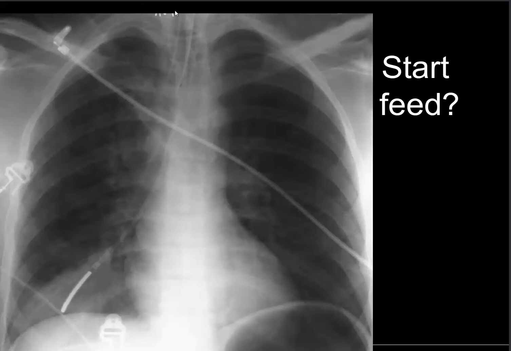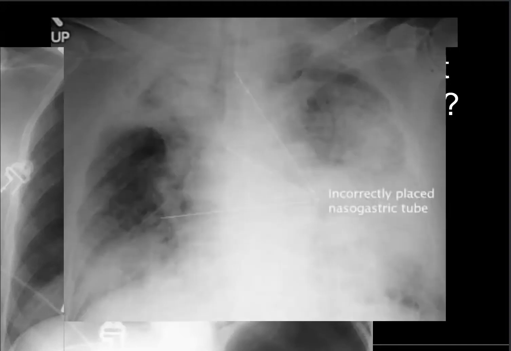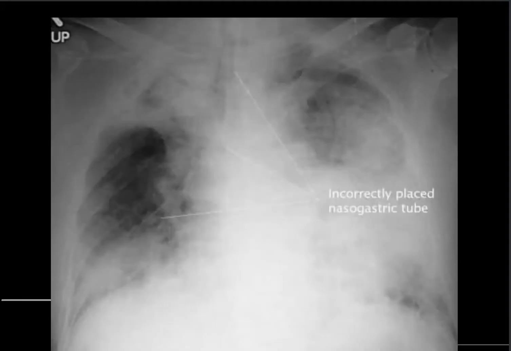It should go into the oropharynx, down the esophagus, and the tip of it should be in this gas-filled viscus under the left hemidiaphragm, which is the stomach. Unfortunately, this has gone in the wrong place and it's gone down the right main bronchus, and now the tip of it is here, and unfortunately they fed the patient and this was a result. Literally, they are putting feed into the lung and massive infection, aspiration, went over to the other side, and the